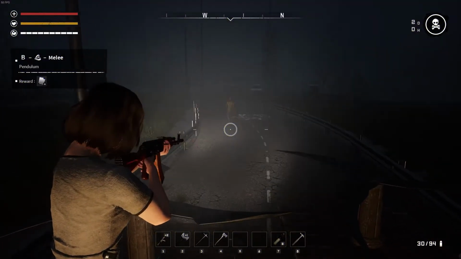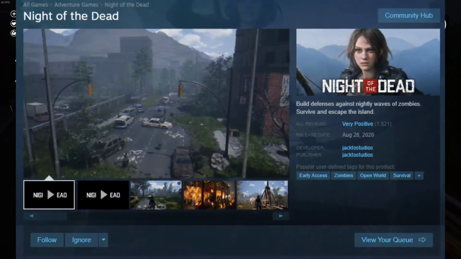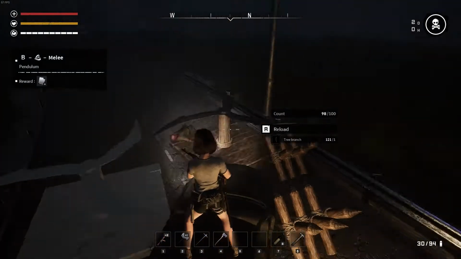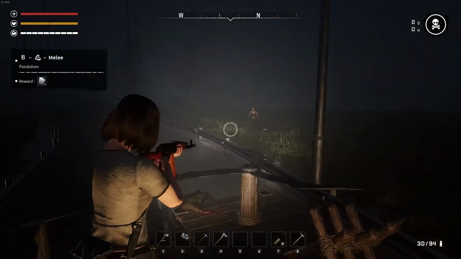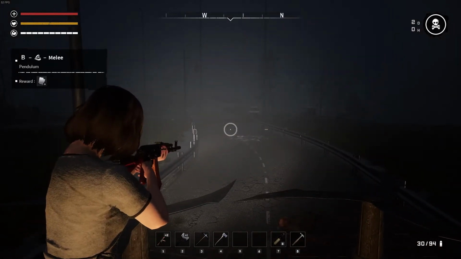Alright, so let's get right into the description of the game, which is not much. Build defenses against nightly waves of zombies, survive, and escape the island. That is the whole description. Two sentences. So what I would call this game is basically like 7 Days to Die, except